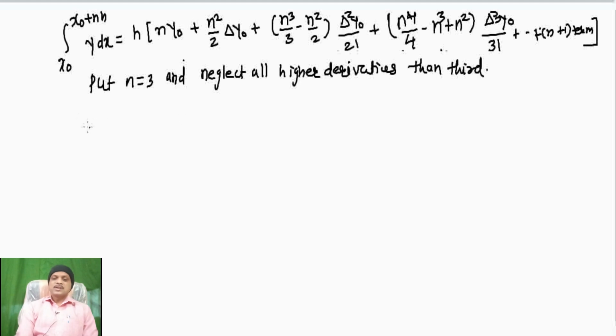So put n equal to 3: integration from x0 to x0 plus 3h of y dx equals h into